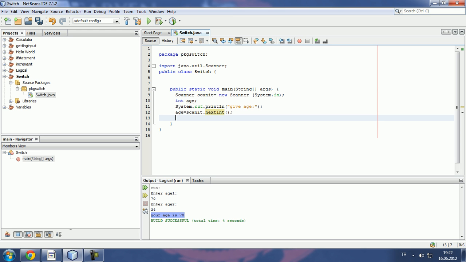And how do we use switch? We write switch, age, and the body. So now instead of writing the whole if statements for each one, for each age equal to 1, system dot println, if age equals 3 and system and so on, instead of this